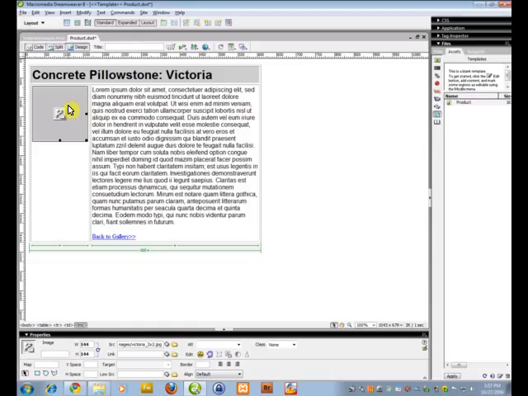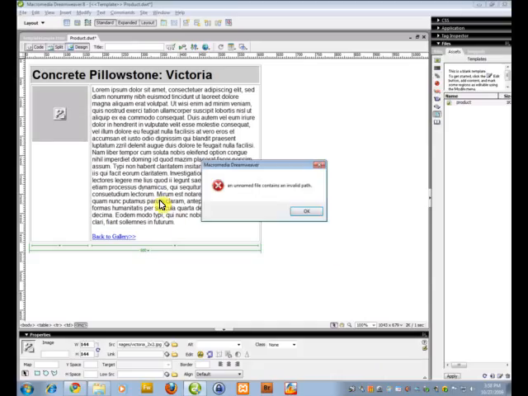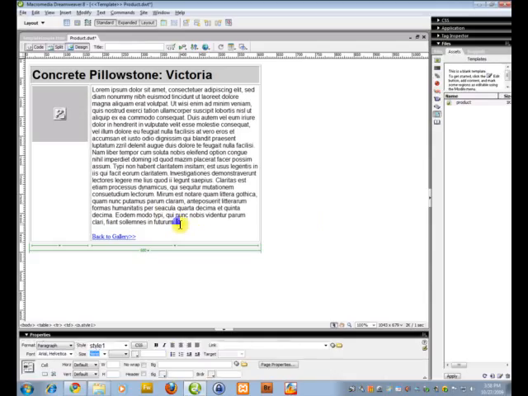Now right now if we save the template like this, every page would look the same. So what we want to do is we want to create what's called editable regions, or spaces that we can reuse on our template. Alright, let's make some of these regions editable. Let's select this body copy,